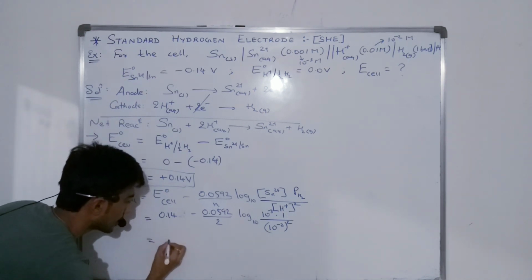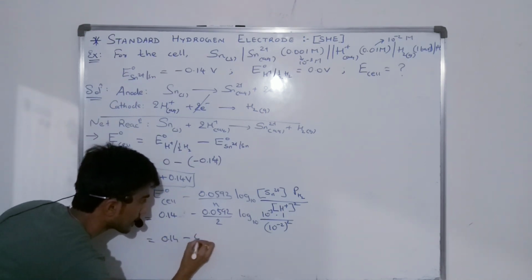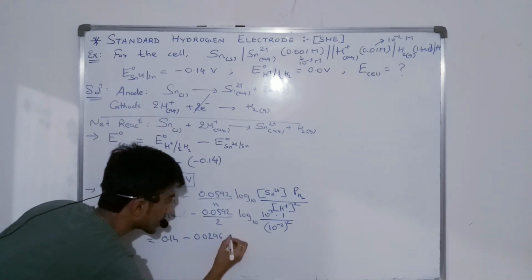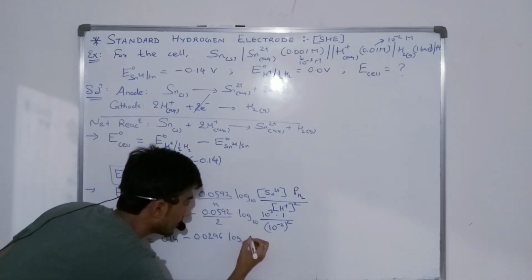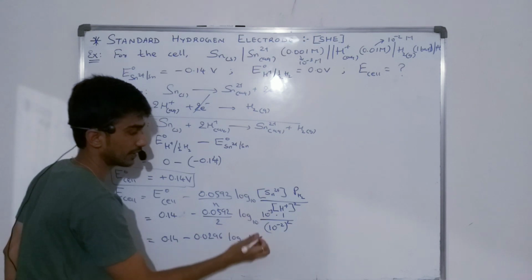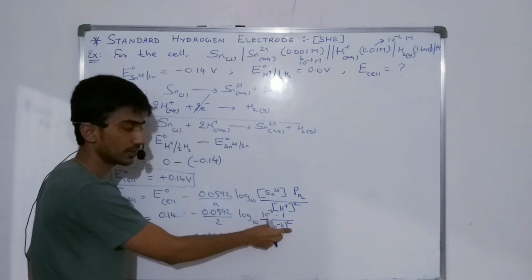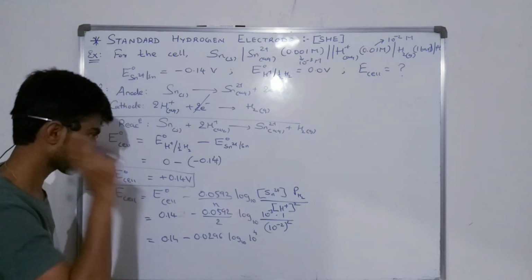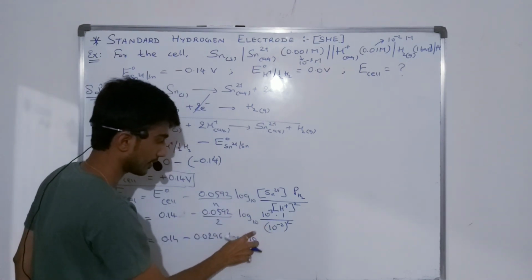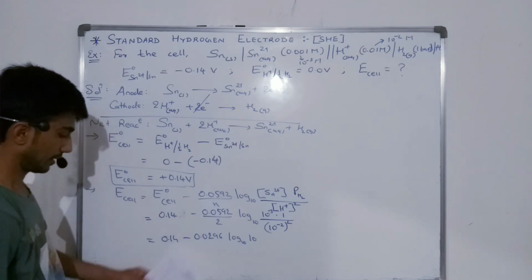Substituting the calculation, 0.14 minus 0.0296 log base 10 to the concentration. इसको कैंसिल करेंगे तो ये हो जाएगा 10 raised to the power 4, कोई -3, 10 raised to -2 का 4 ऊपर जाएगा 10 raised to 4. So 4 minus 3 is 1. तो इसका आंसर आ जाएगा